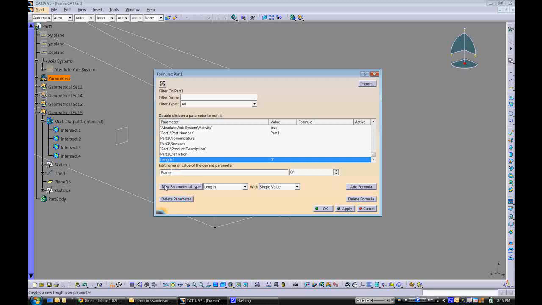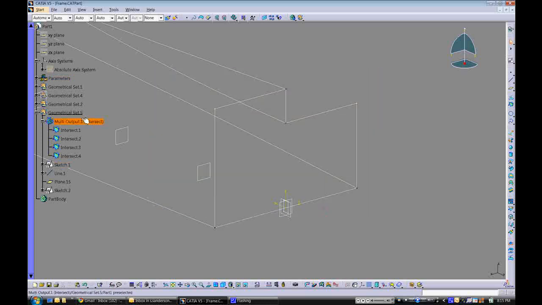We'll call it frame width, and we'll give it a default value of 8 inches. And then we'll create another one, and we'll call this one frame height, and give that a value of 6 inches, and then we'll say OK. And you can see because of some options that I've set, I don't think it comes this way out of the box,